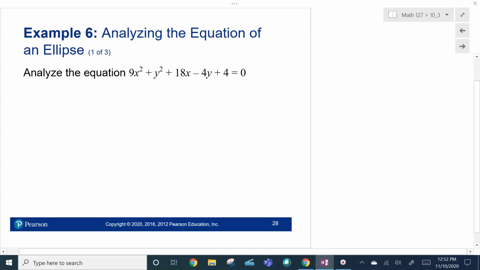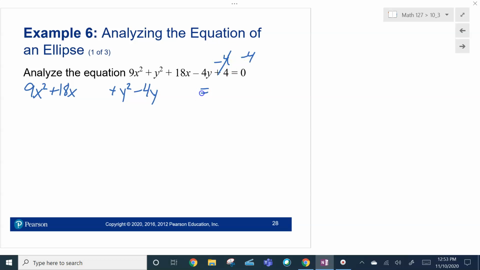So number one, what we want to do is complete the square. So let me get the 9x squared and the 18x together. I'm going to leave a little space. Then I'm going to have the y squared, the minus 4y, and I'm actually going to take this minus 4 over to the other side. Leave a space, equals -4. Okay, because I'm going to complete the square here. Because what I want is this in this form,